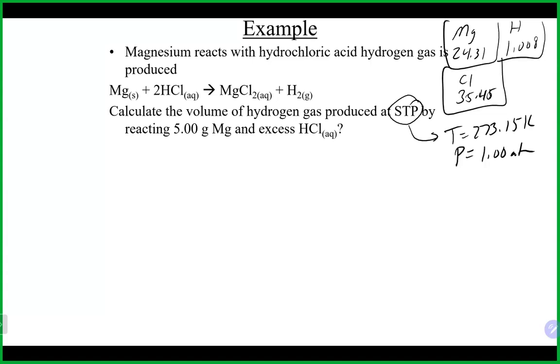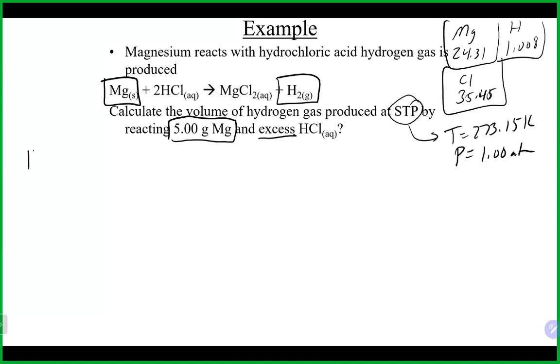Okay, so let's take a look again at this one here. Obviously we've got a stoichiometry problem happening. It already tells us the HCl is the excess reagent, so we already know it's not a limiting reagent problem. We do have our grams of magnesium, but ultimately we're interested in hydrogen. And STP does represent a temperature and pressure when you're given that. So again, 273.15 and 1 atmosphere.